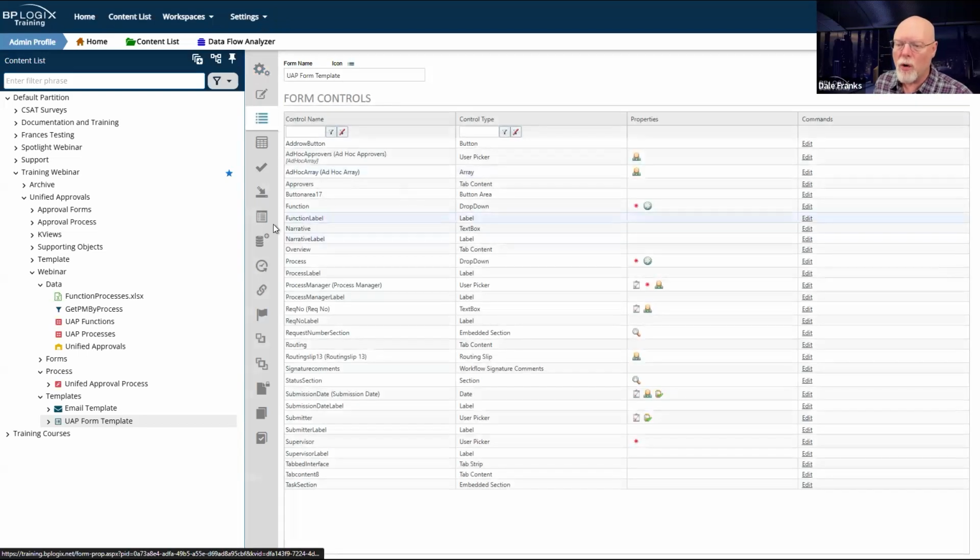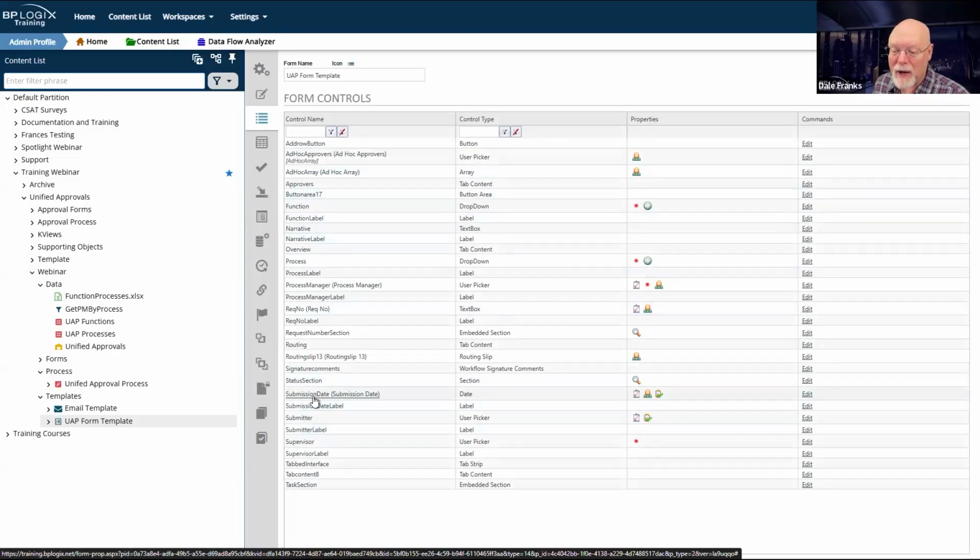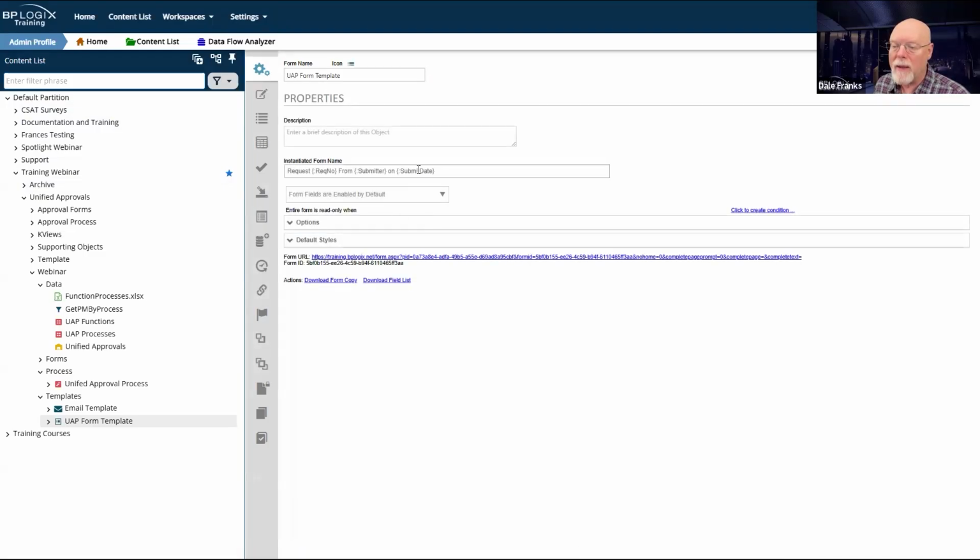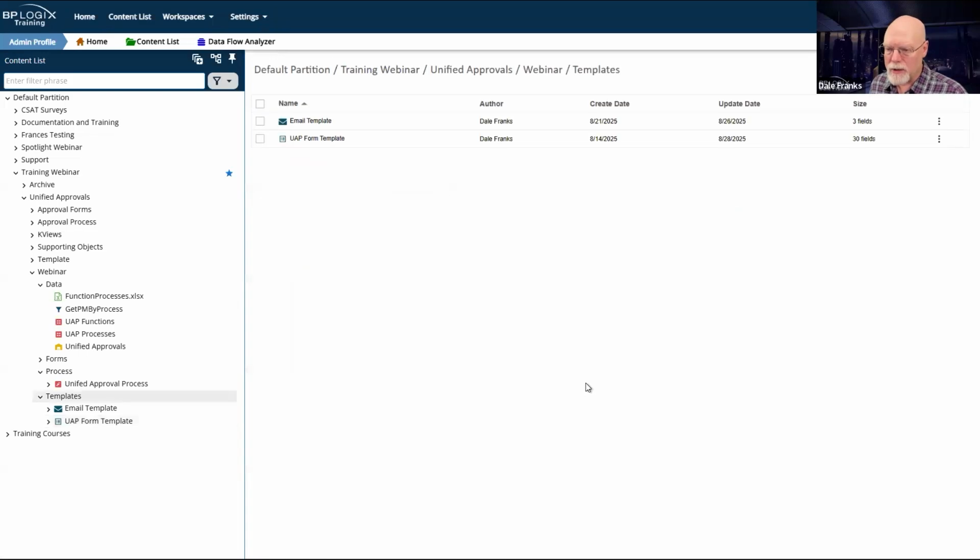Now, I'm pretty sure that submit date is the name, but I would be wrong because the name is submission date. So we are going to have to go back and make that final change. Submission date. And that should give us an instantiated form name. And we'll go ahead and update and close this.